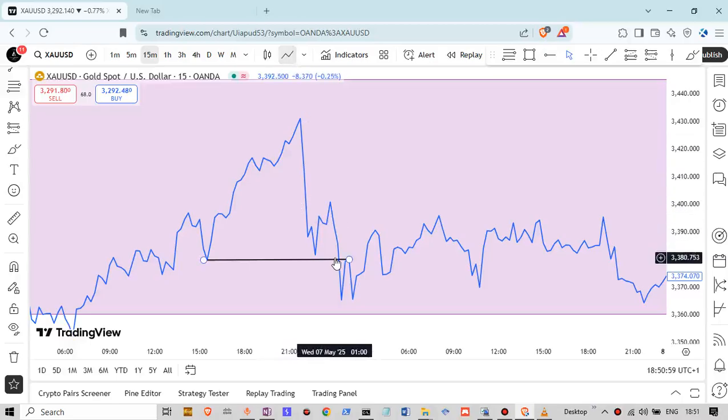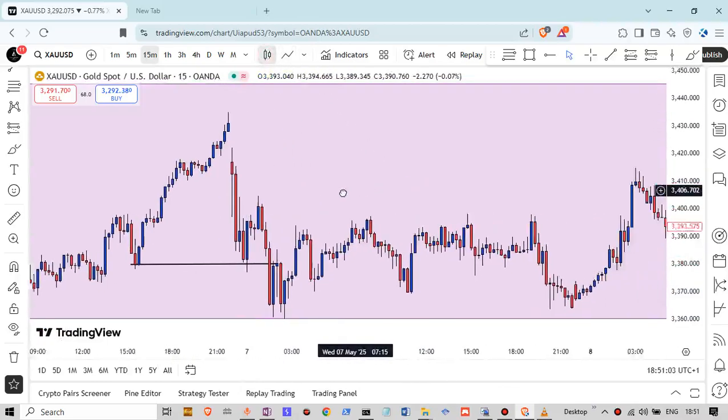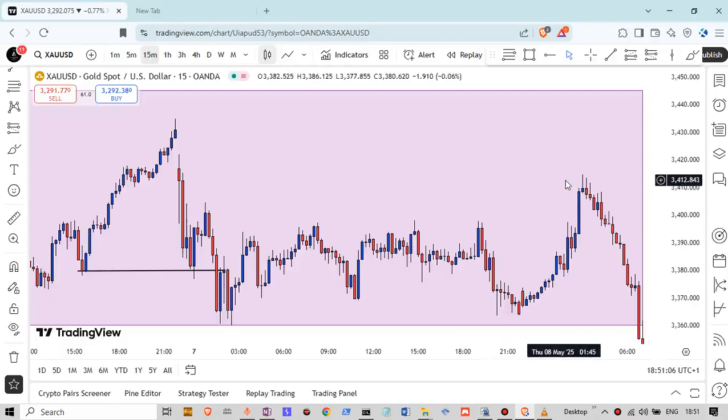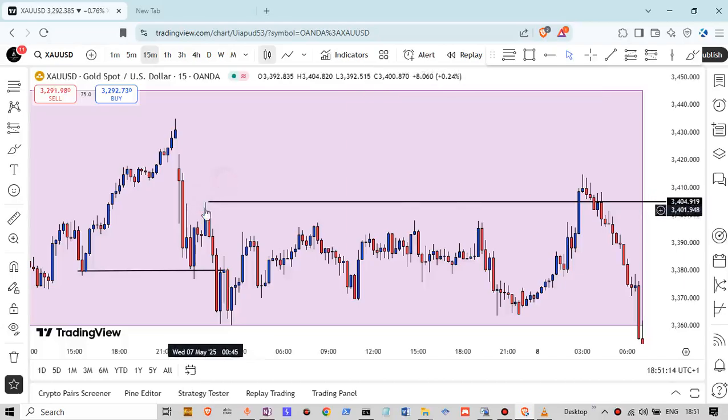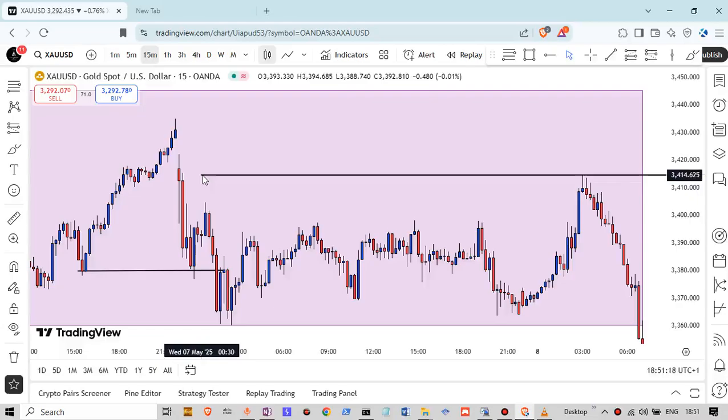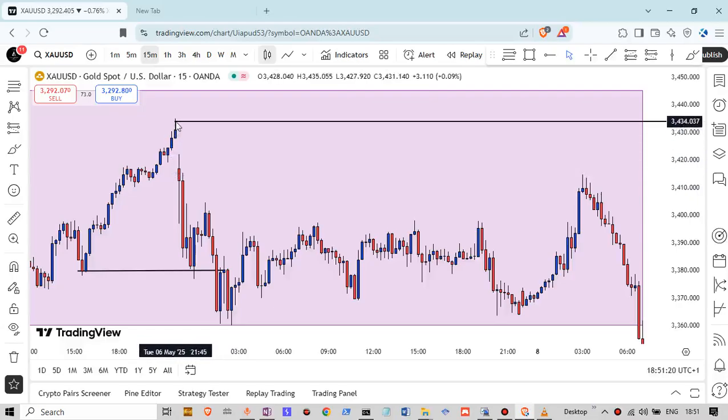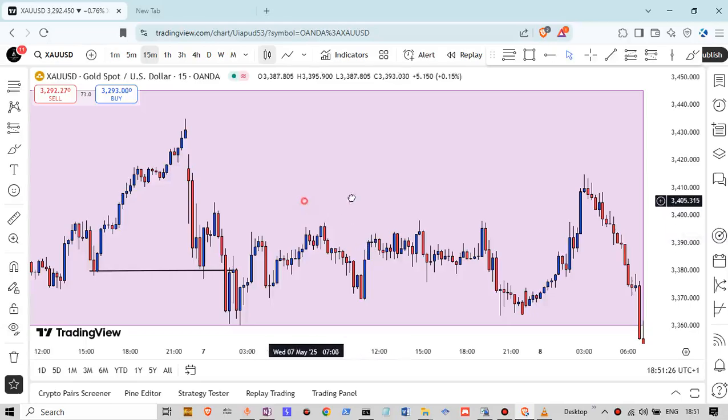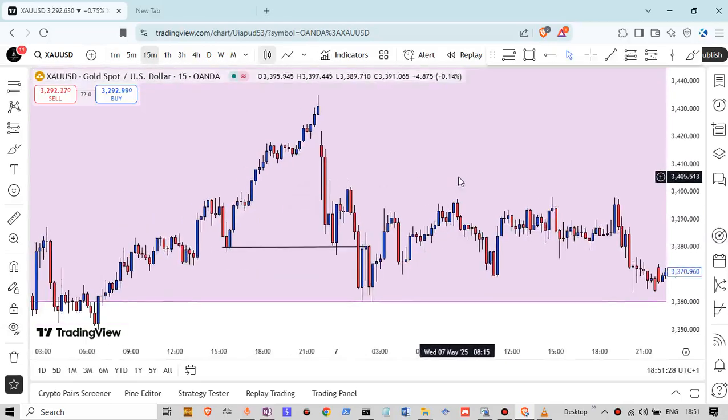Now, you could have entered from here and ride all the way down. That is cool. But unfortunately, you are not aware that price will come and knock you out. Imagine you put your stop loss on this pin here, this candle which you are seeing. Price would have definitely knocked you out. How far would you have gone? Would you want to put it here? No, definitely not. You won't want to put your stop loss that far.